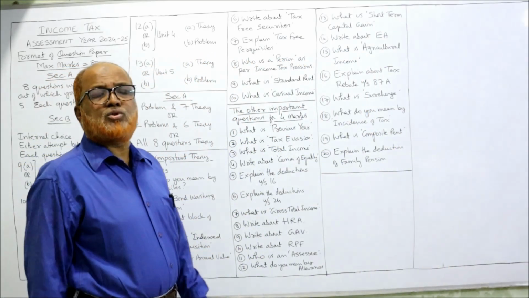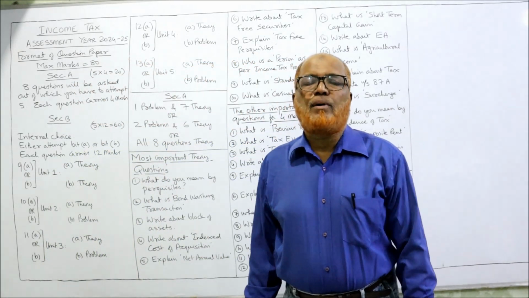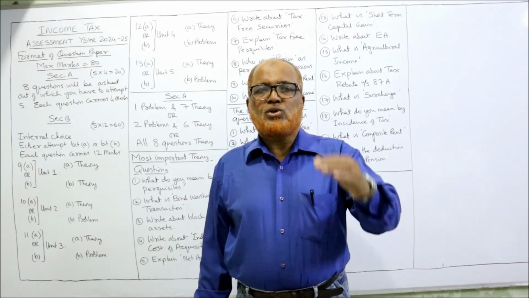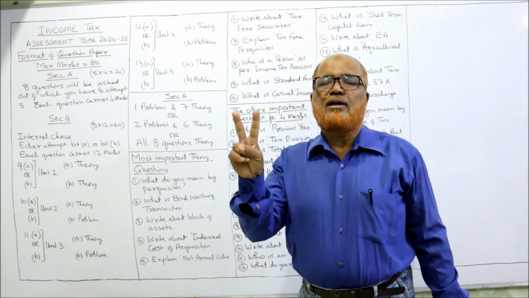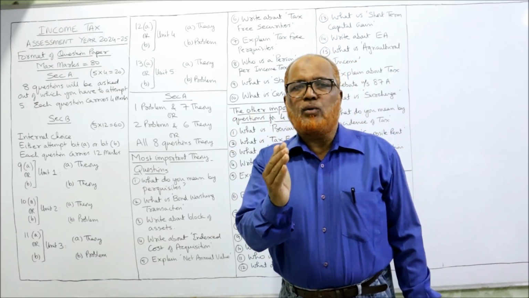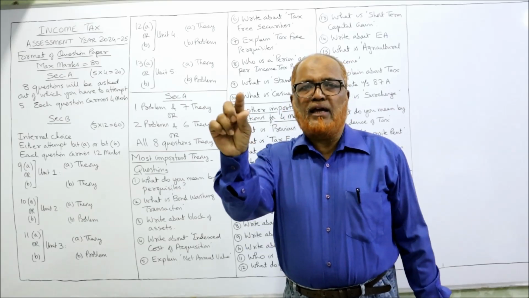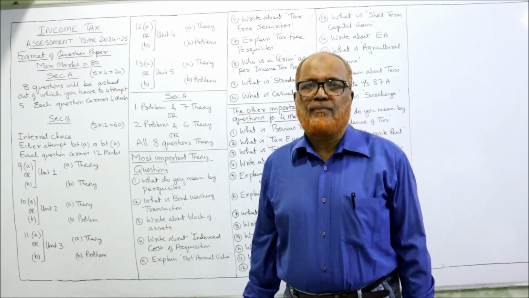Explain the deduction under section 24. This 24 deduction is available for income from house property. So after calculating net annual value, 2 deductions are given under section 24. 24A and 24B. 24A is the standard deduction, 30% of NAV. And